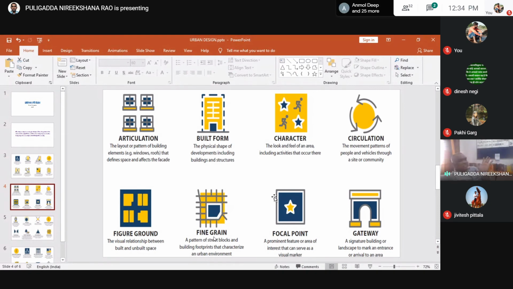So the entrance of the city, how should it be? If the city has 4 corners, 4 directions, 4 entries, how do you locate them? You can see every fort or every city with big walls has gateways. A signature of building, so the gateway can also become an identity. That can bring identity. So we have India Gate.